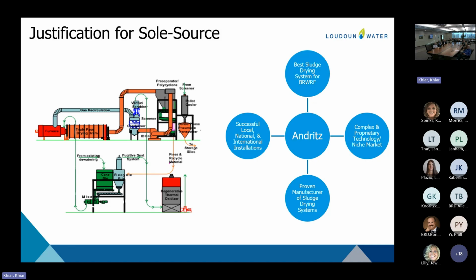All right, so we'll start at the cake bin. Our Class B sludge cake is collected at the cake bin, and that Class B sludge is mixed with recycled pellets right here. The two of those together are mixed in a plowshare or paddle mixer, and then they're introduced together to the dryer right at the head of the drum. And so we have the furnace providing the heat into the drum.